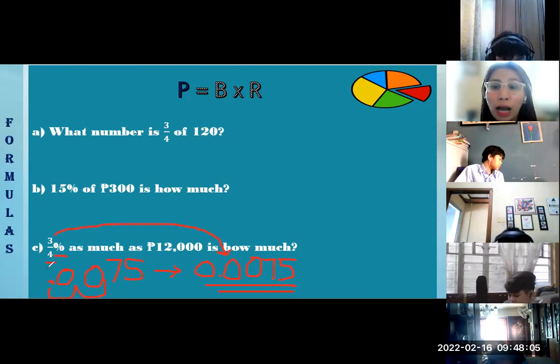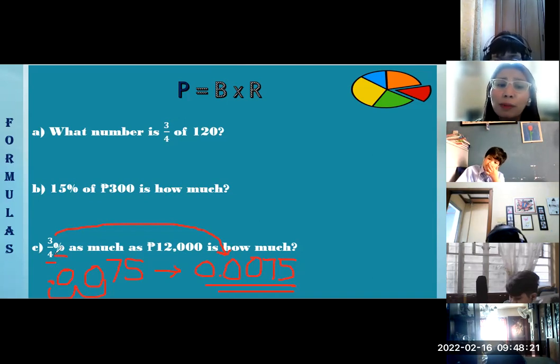3/4 muna ha. 0.75 yon palagi. Paki-memorize yon. When you grow old, ang 3/4 ay 0.75 pa rin. So, please remember. Ang 3/4 ay palagi 0.75. Now, kasi percent yon, 0.75 percent natin in decimal, okay? So, kailangan natin i-move 2 places going to the left. Kaya naging